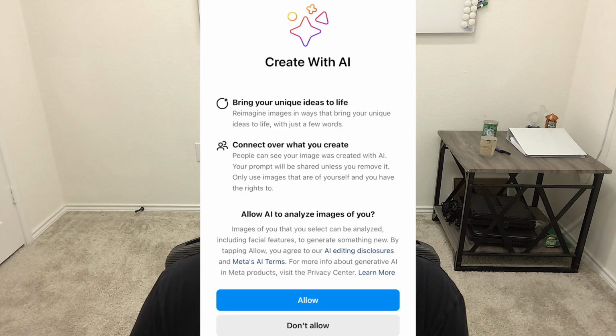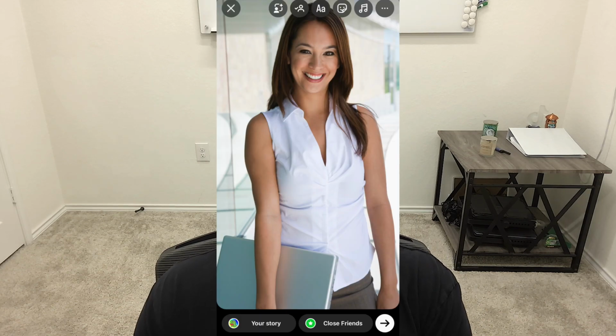The next feature is called the Backdrop tool. Now, this is an AI media editing tool that you can use in Stories, and it lets you change your background. So the way the tool works is, first off, you just go like you're going to create a story, and let's say you take your photo for your story. Well, you can click at the top, and on the left, there's a button to remove that background or the